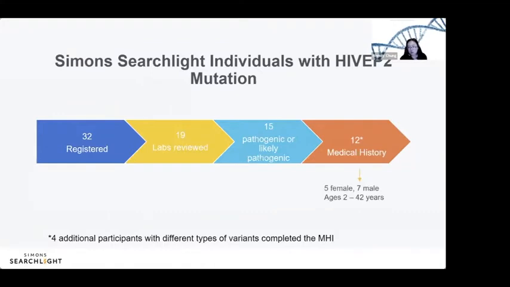But what I'm going to show you today is that we've got information. This is based on a relatively modest number. It's actually only 12 individuals who got through to the point of telling us about this: 5 females, 7 males. And again, as I told you, the age range is still skewed towards younger individuals.